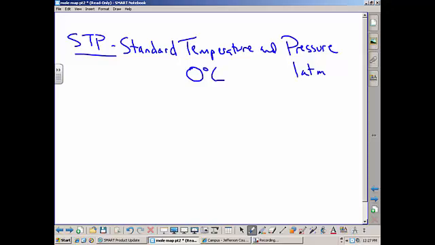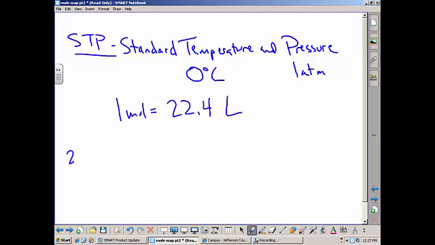ATM, atmospheres. ATM is atmospheres. So if these two apply, standard temperature and pressure, 1 mole of gas occupies a volume of 22.4 liters. And it doesn't matter what gas, any gas. 1 mole of hydrogen gas or oxygen gas. Okay? So again, just like we did before, let's set up a practice problem and see how the units best